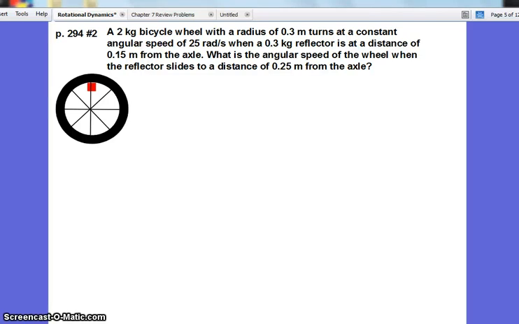This is a problem on conservation of angular momentum. We have a 2 kilogram bicycle wheel with a radius of 0.3 meters, turning at a constant angular speed of 25 radians per second, when a 0.3 kilogram reflector is at a distance of 0.15 meters from the axle. We're asked what is the angular speed of the wheel when the reflector slides to a distance of 0.25 meters